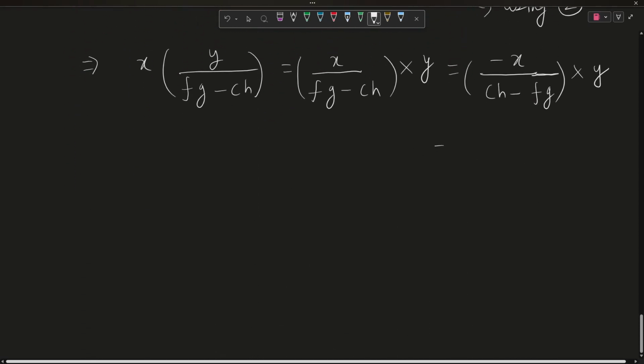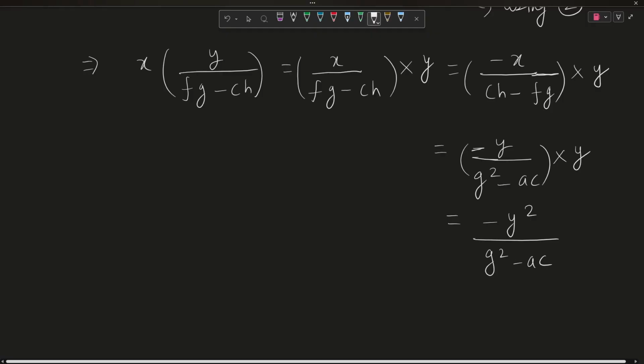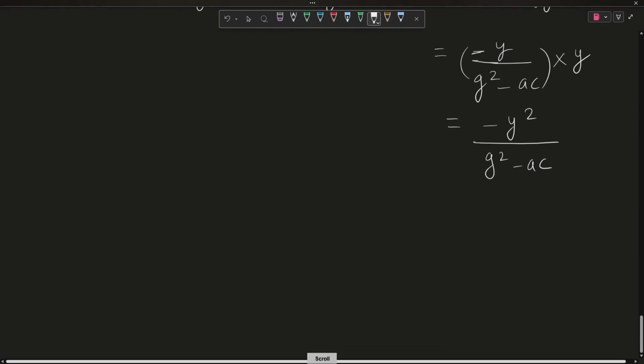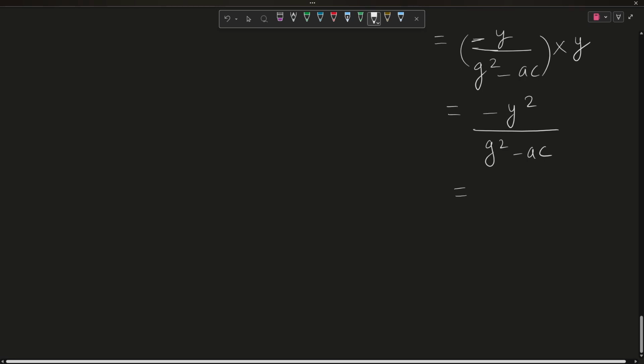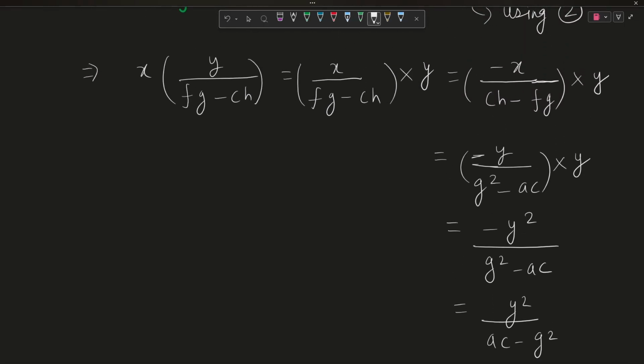So I can write it as y upon, keeping the minus sign, g square minus ac into y, or minus of y square upon g square minus ac, or just dissolving the minus sign again in the denominator, y square upon ac minus g square. And this I have written